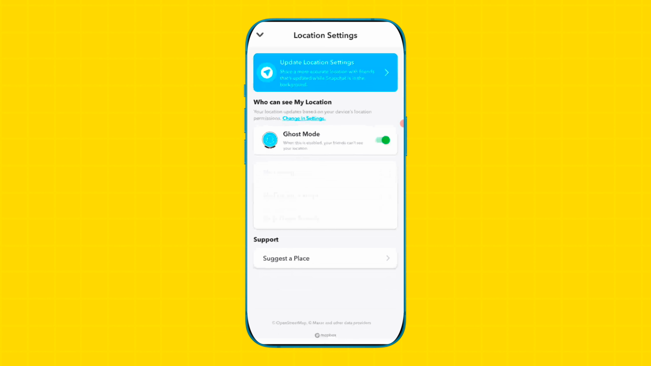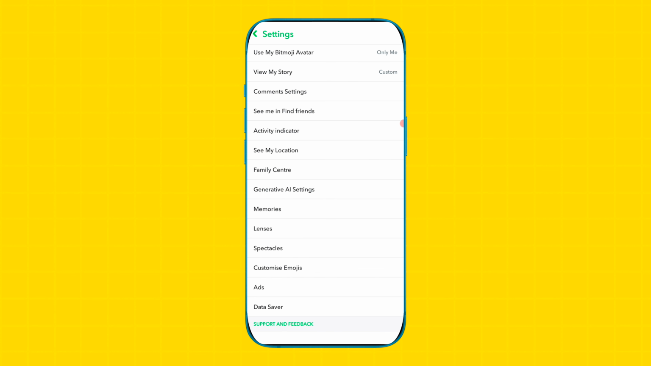So guys, if this option is set to my friends, and if you don't want to show your location to all your Snapchat friends, then try to disable your Snapchat location. For this you can select the ghost mode option, same like me. So as you enable the ghost mode option, then no one, no Snapchat friend, can see your Snapchat location. So guys, by following all these simple steps, you can use privacy settings in your Snapchat account,